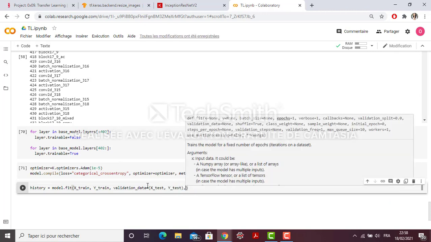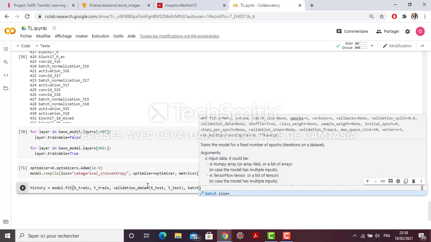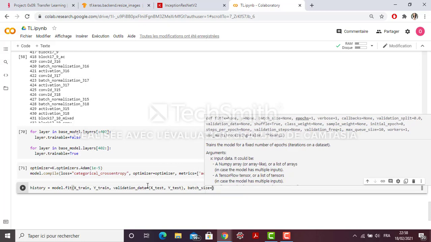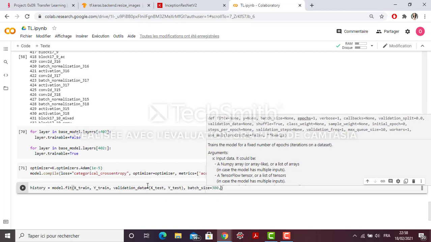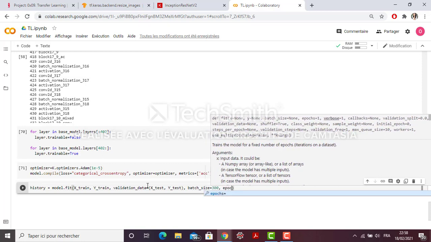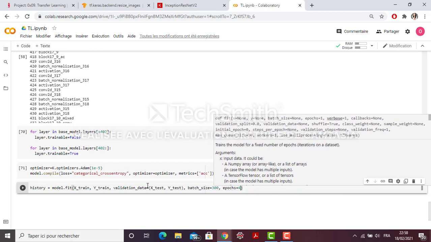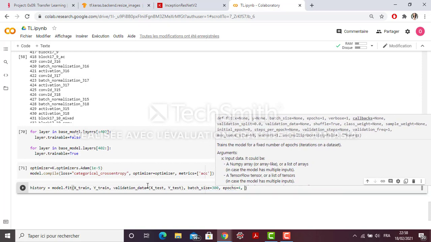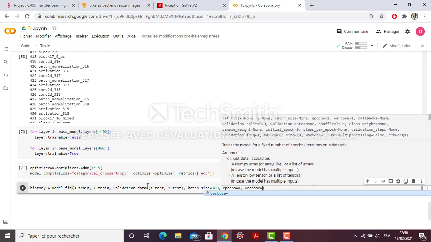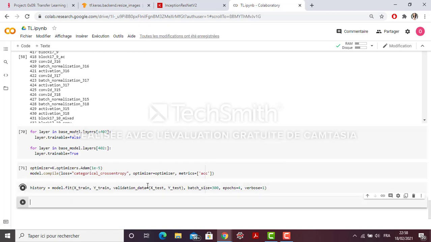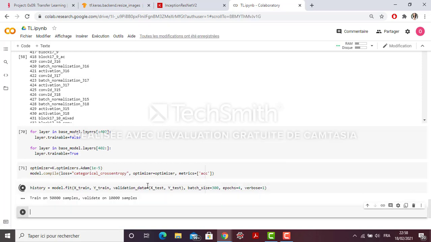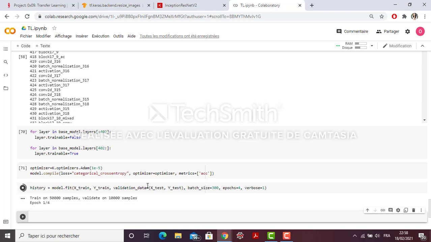Okay, so the batch size is going to be like the previous batch size, 300. And finally, I'm going to take the same epochs. Okay, so I won't train it a lot so as not to destroy the information that I already have from the pre-trained model. Okay, so I'm going to fit my model. It's going to take time. So I will return to you when it's done, okay?